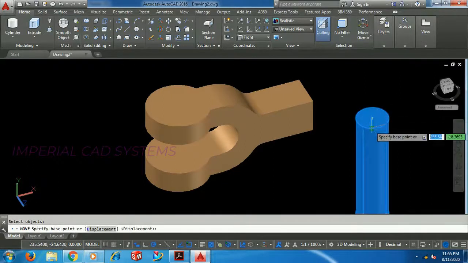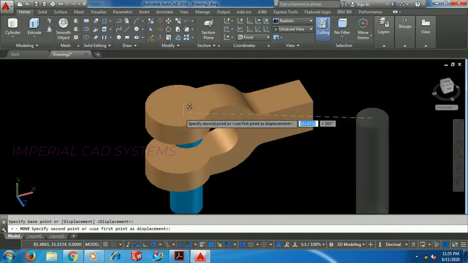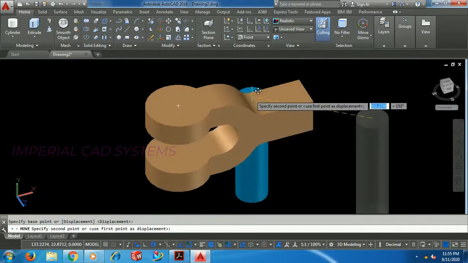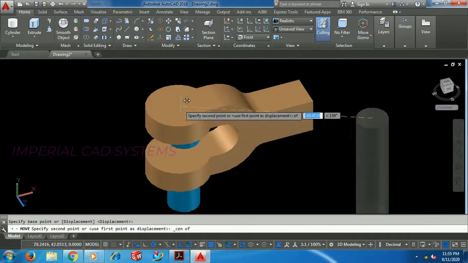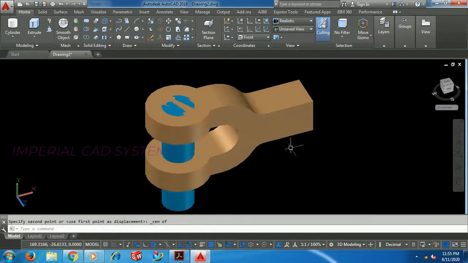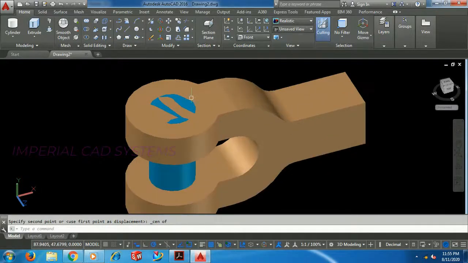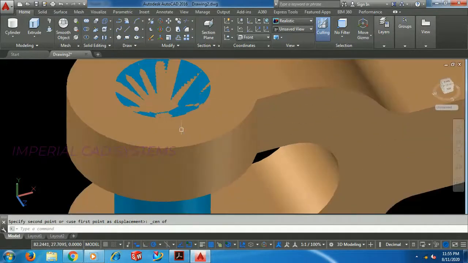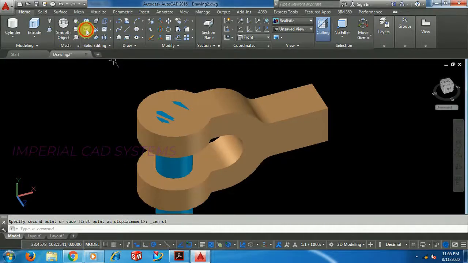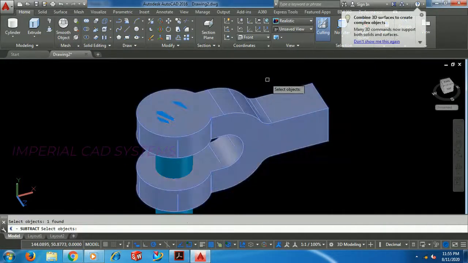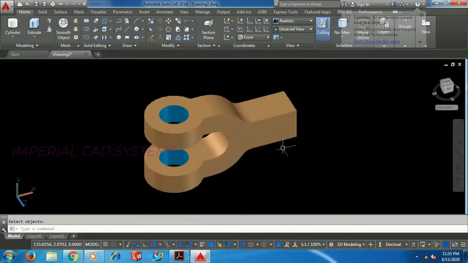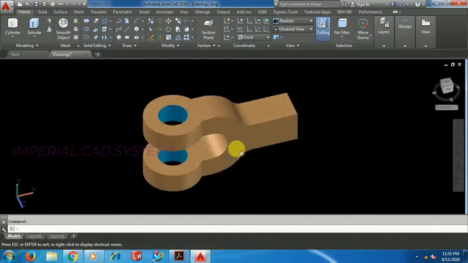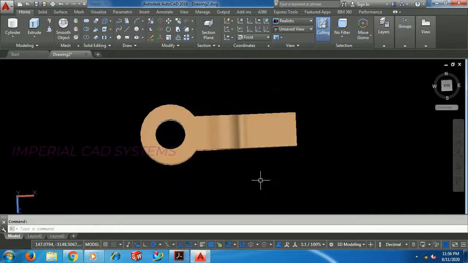Hold exactly at center. Shift right click center, then subtract, main part, enter, removing part. Now it is at center.